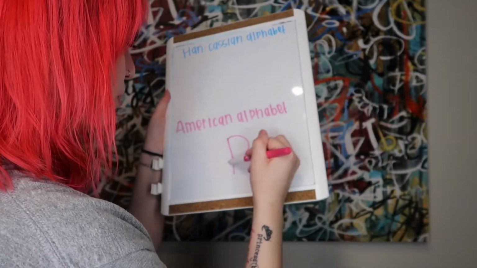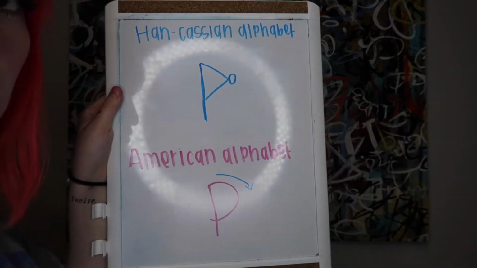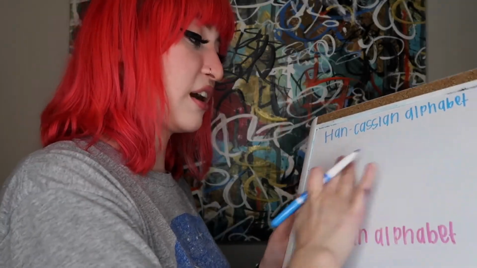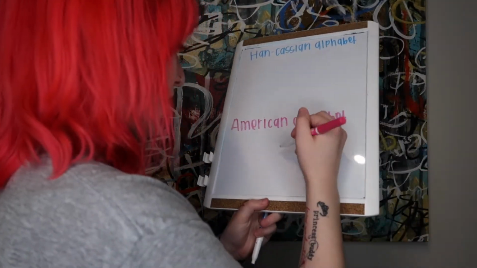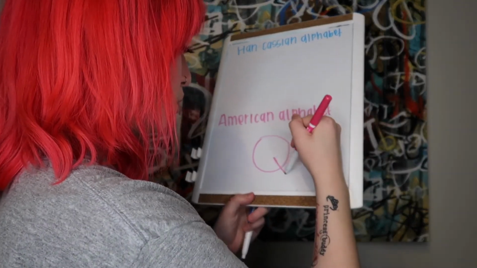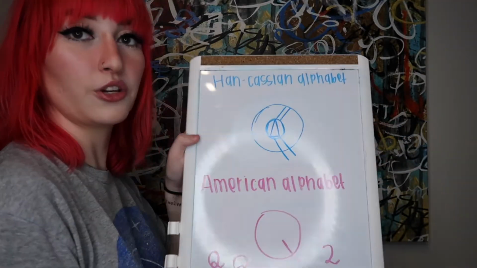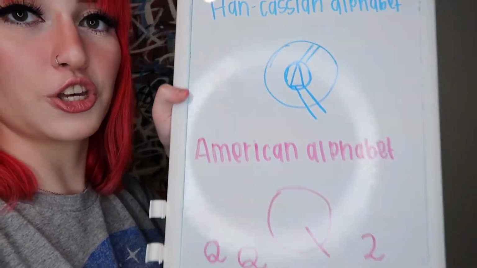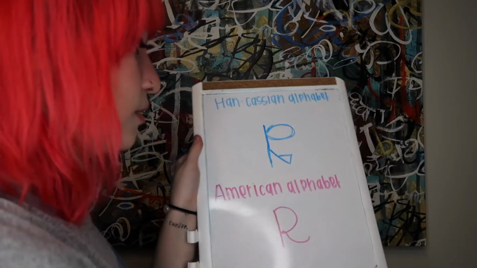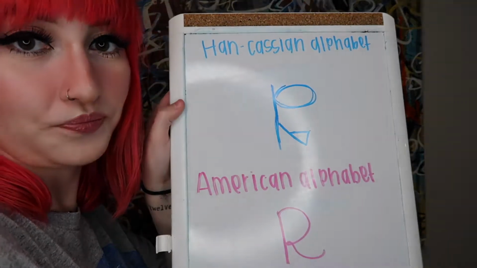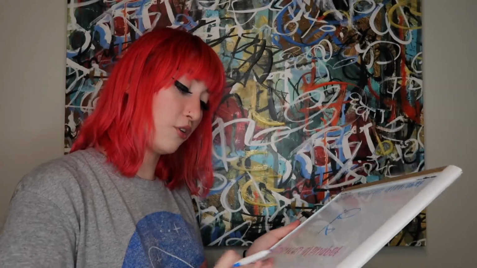So now we have the letter P, because what would a letter be without a circle? We come up on the next one, which I think is probably one of the most difficult letters ever created in the hand-Cassian alphabet, Q. So we're gonna draw just like that, and there you have the letter Q. So we're gonna go right into the R, and we're going to make a triangle. And there we have the letter R.